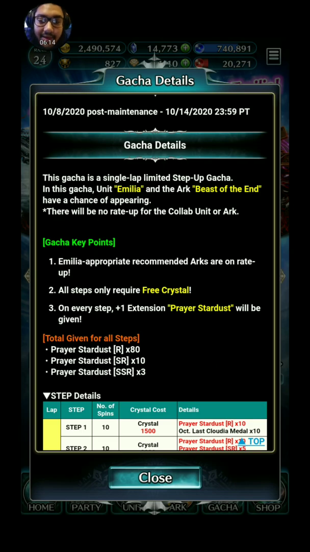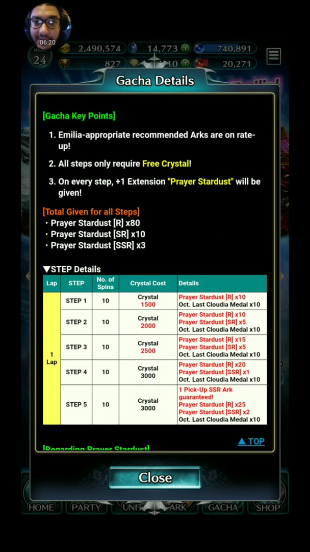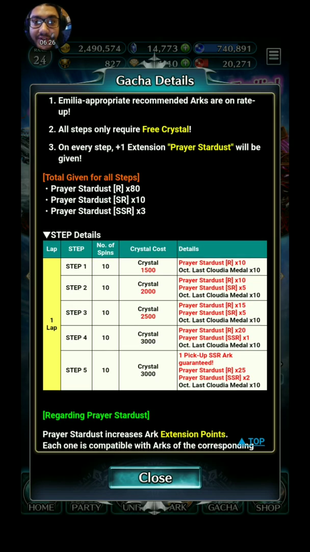That's the key thing to take away here. They have a chance of showing up, yes, but there's no raid up for them to show up. Gacha key points here: Amelia's appropriate recommended arcs are on raid up as well. All steps only require free crystals, which is awesome, which is another reason why I'm saying this is still